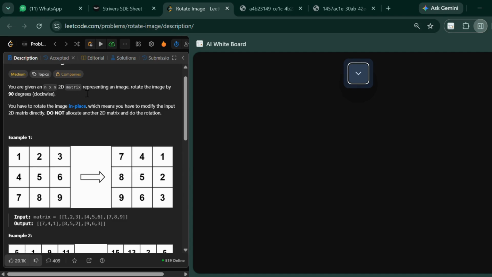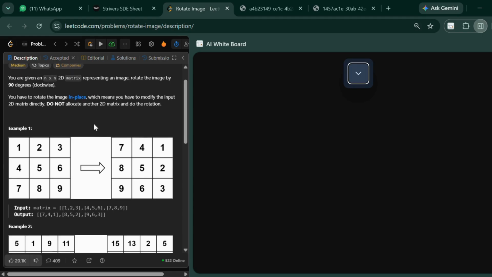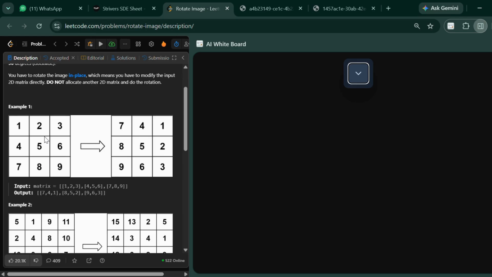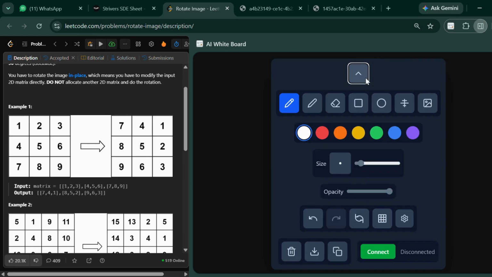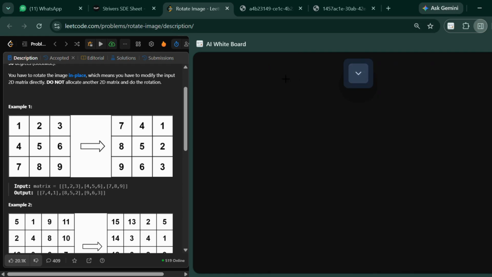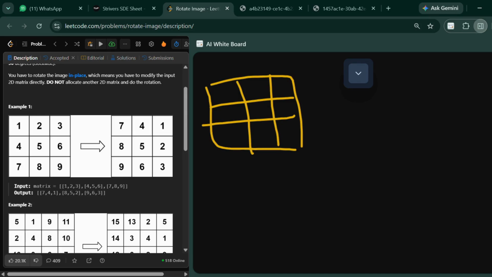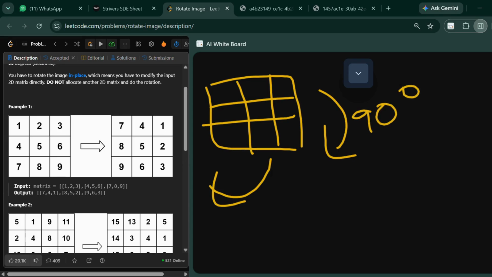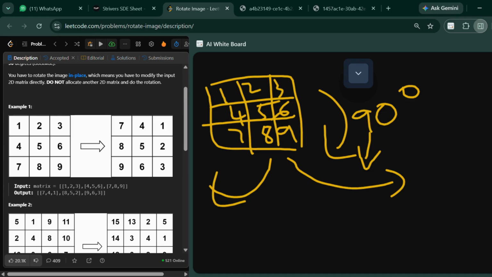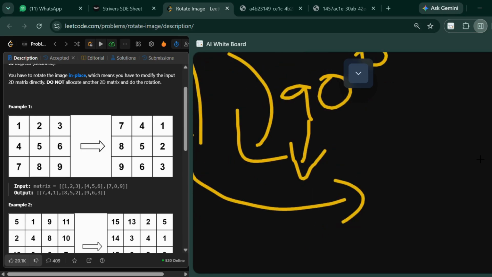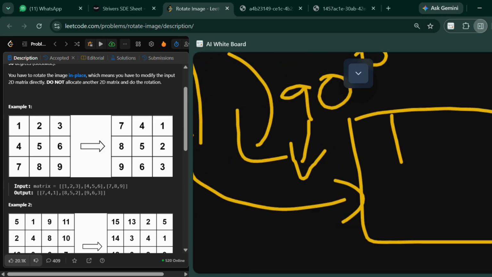Here, for example, if we take the 3 by 3 matrix, what we have to do is rotate it by 90 degrees. For example, take this 3 by 3 matrix with the values 1 2 3, 4 5 6, and 7 8 9. After rotating it 90 degrees, the rows will be changed but the center will be the same. As we can see on the right side, the matrix turns into 7, 4, 1,